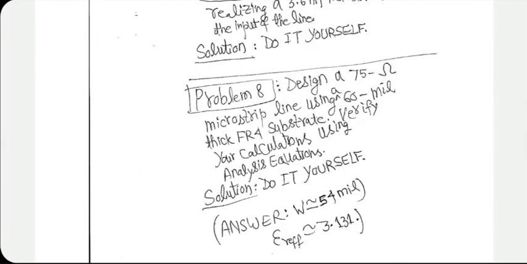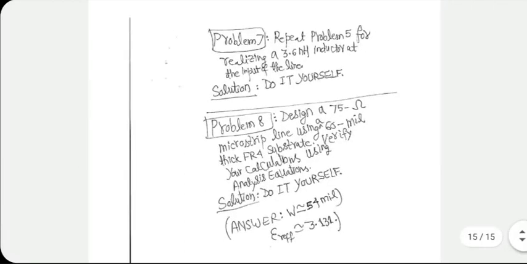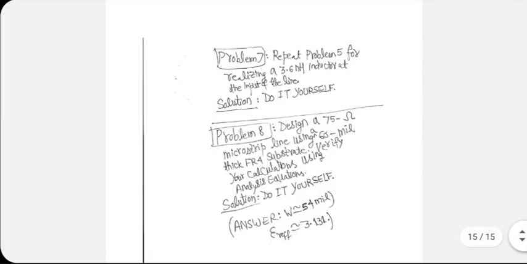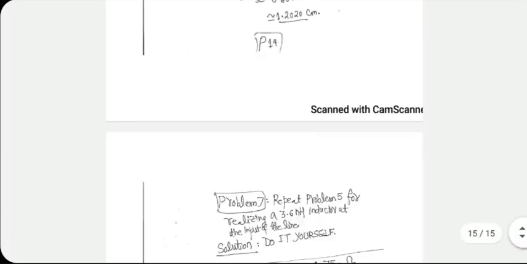You plug in your required Z0, you plug in the value of H, and you plug in the value of epsilon R, it automatically tells you W required. So you can use those tools to double check your answers. There's one gentleman, Pasternak. You can look up his design tools on the net. Look up microstrip Pasternak. You will see his tool, which is the one I trust the most to double check my answers. There's a lot more than that, of course.